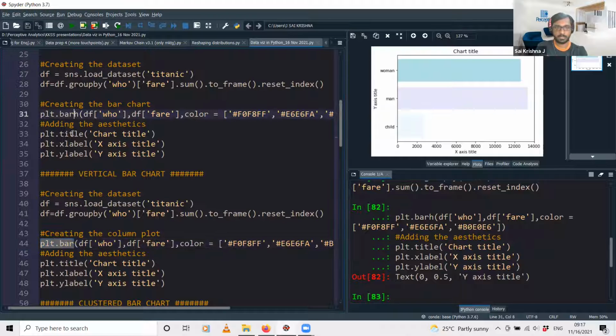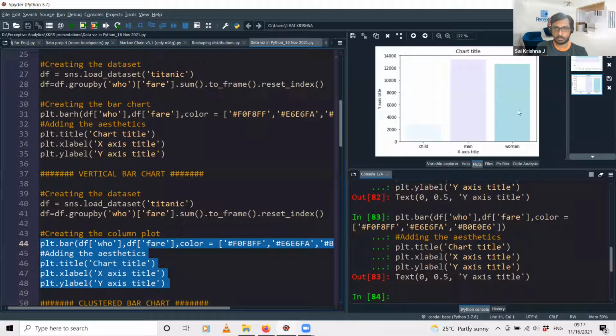So here it is barh, here it is bar. That is the only difference. Now the data set is the same, so I'm not running this line again. But if I run the code to generate the plot, you can see that we have generated the vertical bar chart, but the data is the same.